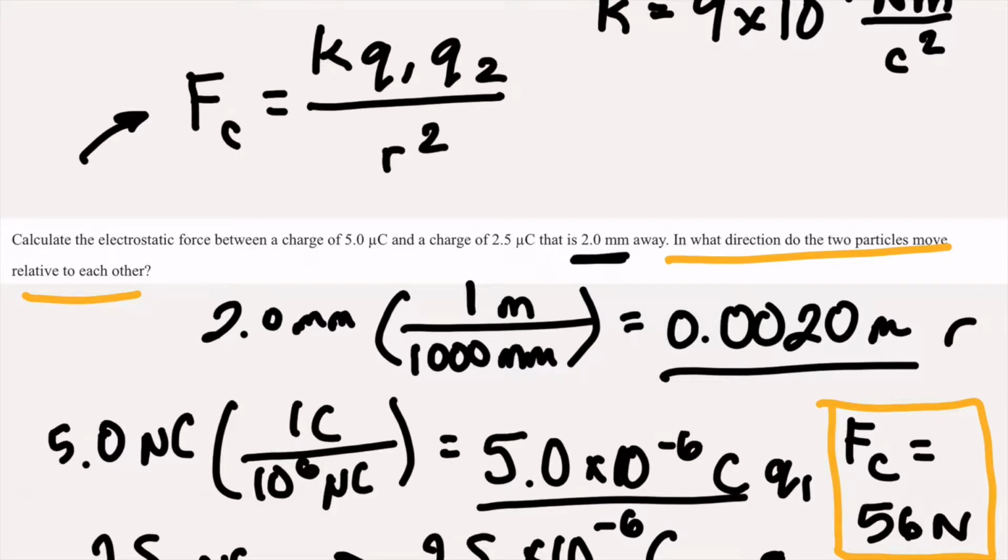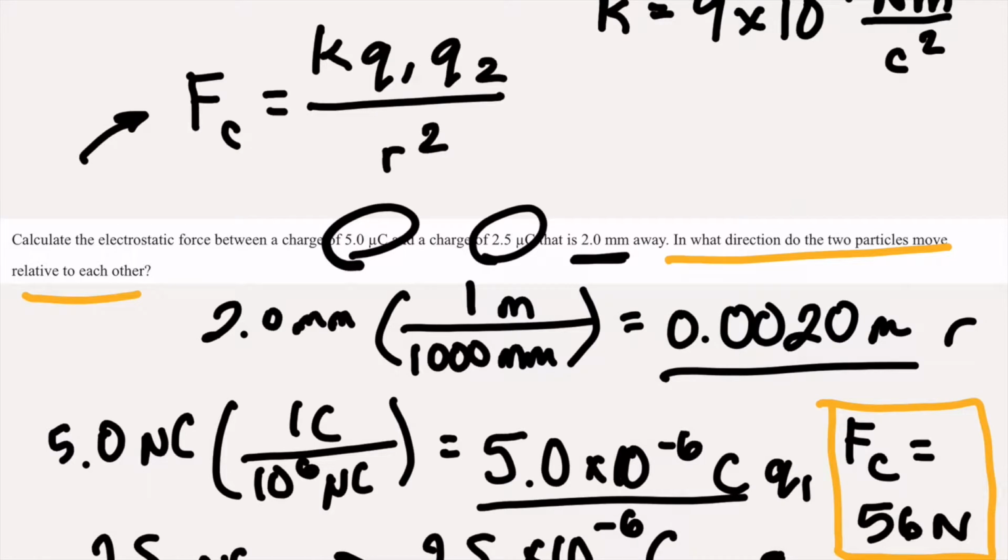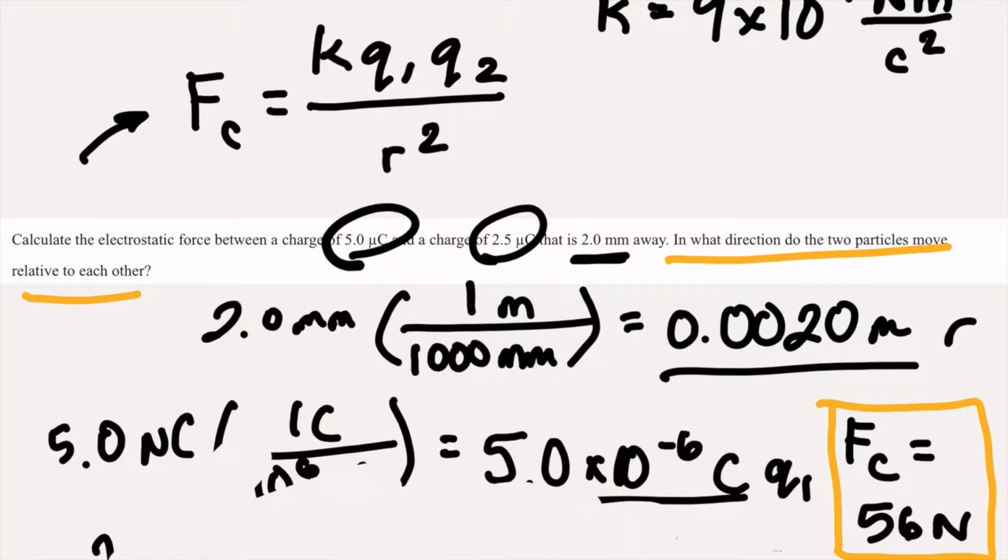It's a small but important detail to note that these two charged particles are both positive. Okay, we're given 2.5 microcoulombs and 5.0 microcoulombs. It does not say negative, so we can assume that it's positive. Applying the rule that opposites attract, we know that these two will repel each other. As such, we know that they will move away from each other because a force of 56 newtons is exerted on both particles. So to kind of visualize what this is going to look like, let me clear up a